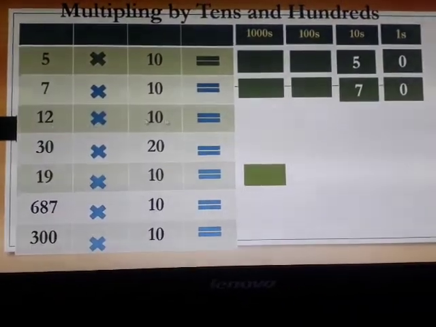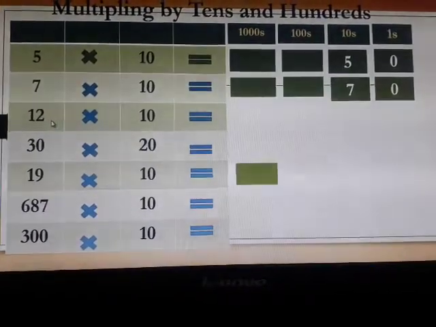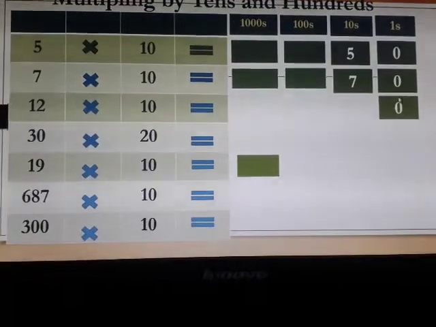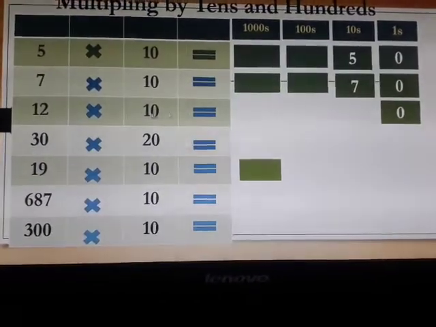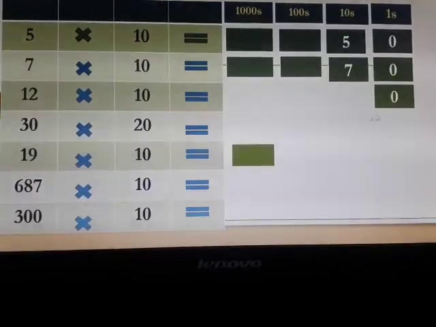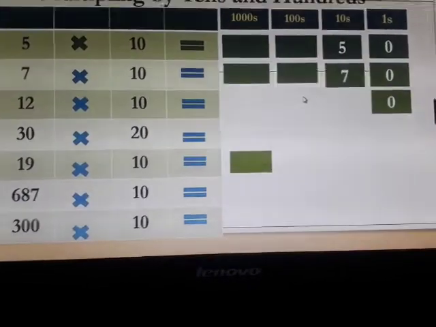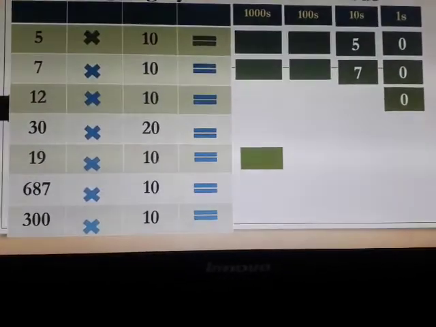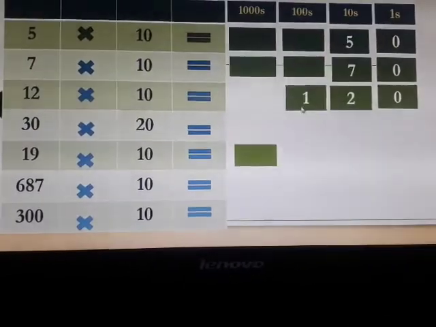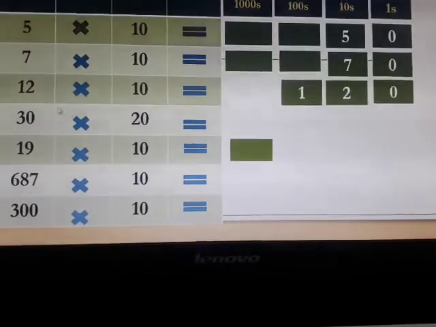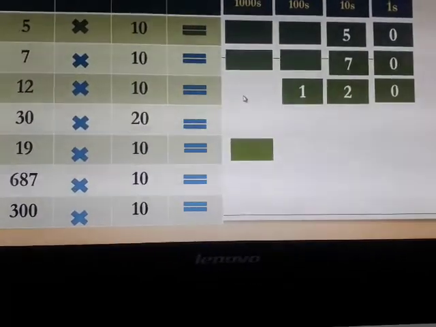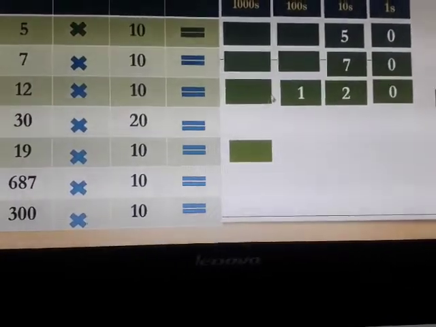Now 12 multiplied by 10. Now in this example 1 zero is there. So you can write this 0 here at one's place and 12 ones are 12 again. But 12 you can't write in the one box. For this you have to make different boxes, means one at tens position and one at 100 position. Like this 12 I have to write, means my answer will be 120 and this thousands position will remain empty.